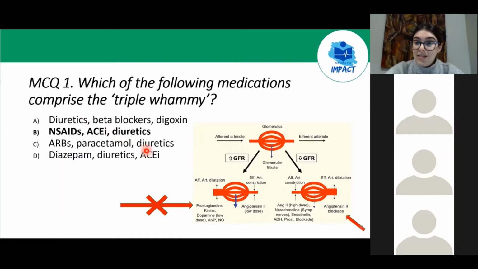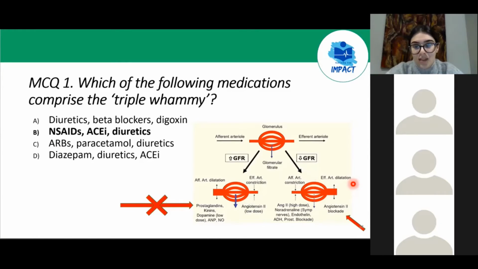ACE inhibitors act to decrease angiotensin because they inhibit the enzyme that converts angiotensin 1 into angiotensin 2. So we'll have less angiotensin 2. Therefore, we don't have this angiotensin 2 that's acting to constrict the efferent arteriole. So all of a sudden, we have this situation going on. So we have a really constricted afferent arteriole and a really dilated efferent arteriole,